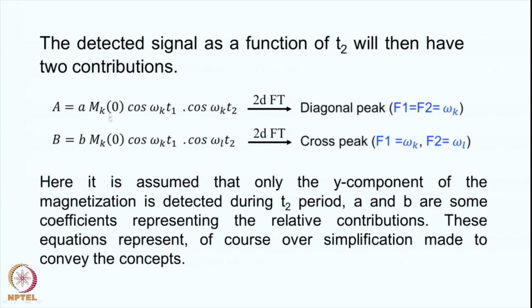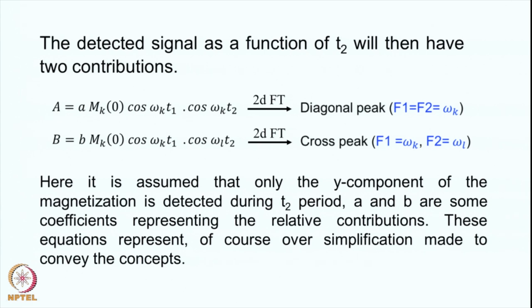So, there will be some magnetization which remains on the spin K and some magnetization will be on spin L. And the components which are present there are represented by these coefficients A and B. A is the component which remains on spin K itself, and B is the component which gets transferred to the spin L. Now during the period T2, what happens? This magnetization continues to evolve with its own characteristic frequency omega k, right. So this is omega k, because it is the k magnetization. So during T2 also it goes with the same frequency omega k.